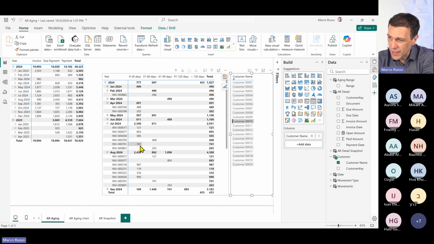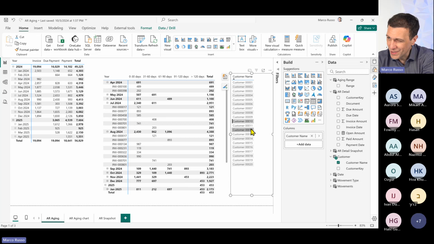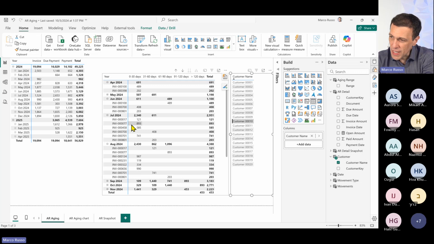It was customer 10. I don't remember which customer it was. Okay, let's see this one. 7777, and here 77. Probably okay. 77 is here, then is here. Oh, probably we went because we had 31 days. This is because this is just the 30 days and not a month. So when we had a month of 31 days, it could skip an entire bucket of 30 days. So it went from 30 days to 61 days.